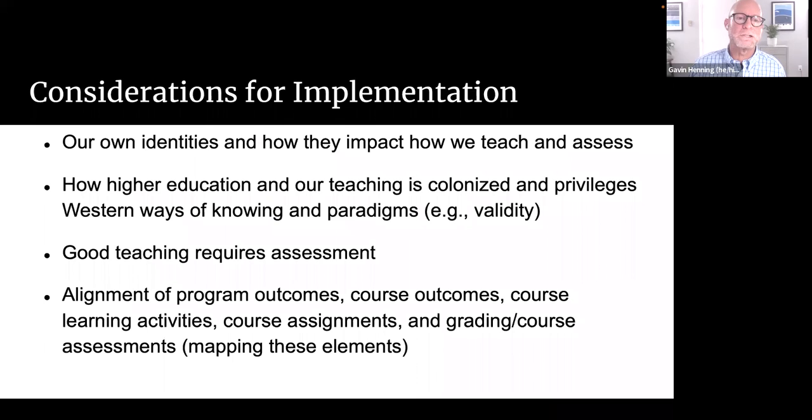Think about how higher education and our teaching has colonized and privileges Western ways of knowing. Even this concept of validity within the sciences, and particularly the social sciences, is fraught and based on power and privilege, and used as a colonizing strategy to validate some kinds of knowing, but not other kinds of knowing. There's a great article by Cushman about this role of validity. And Kirkhart talks about multicultural validity, thinking about validity that's applicable to multiple individuals and cultures and not just rooted in Western paradigms.